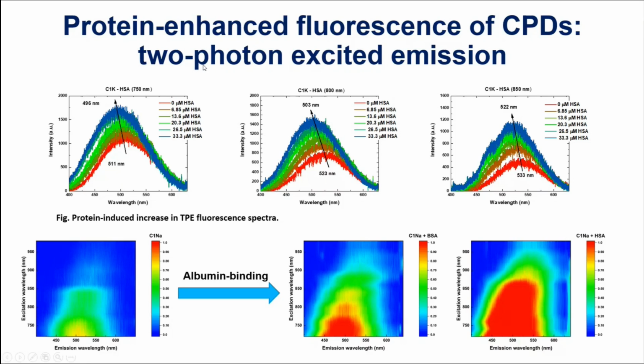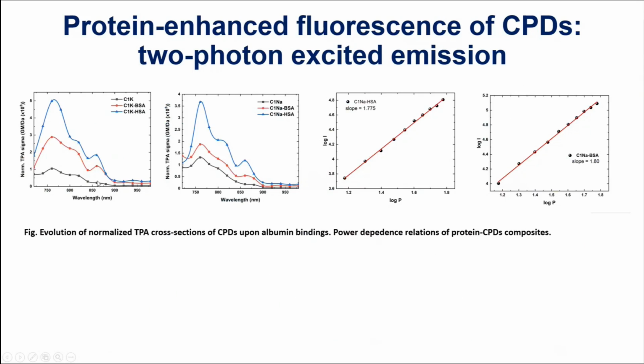Moreover, the enhancement of the fluorescence was not only present upon 1-photon excitation, but also with the use of the 2-photon excitation. So in both cases, we've seen the significant increase of the fluorescence, which we also confirmed with the